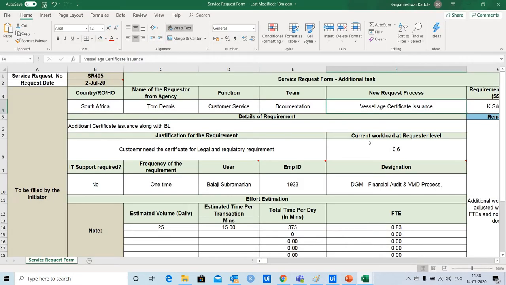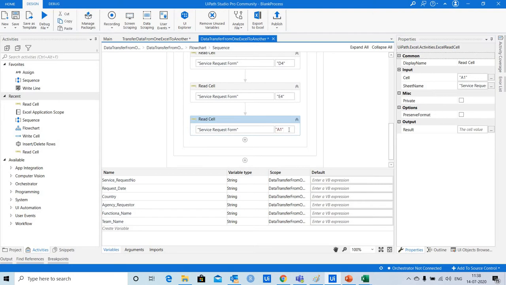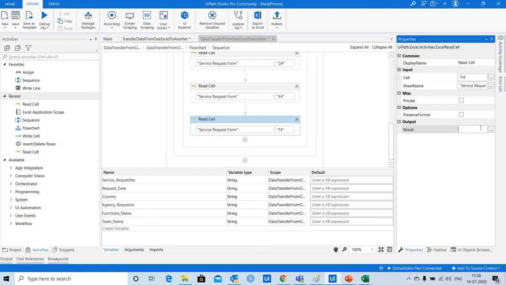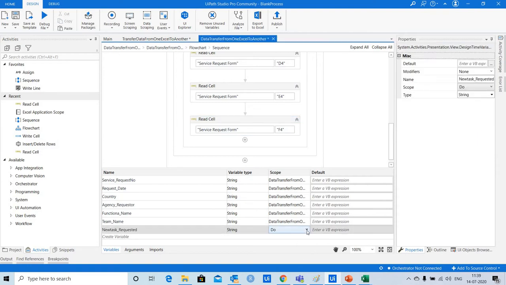So here I am going to change the cell as F4 and then I'll define the output variable as new task requested, and change the scope type to main sequence.